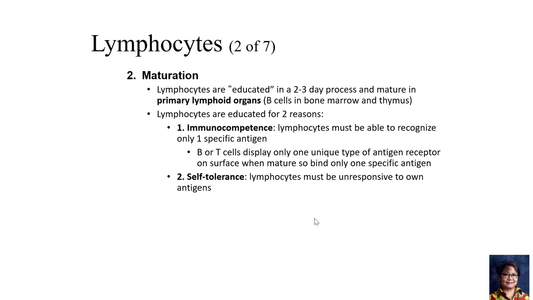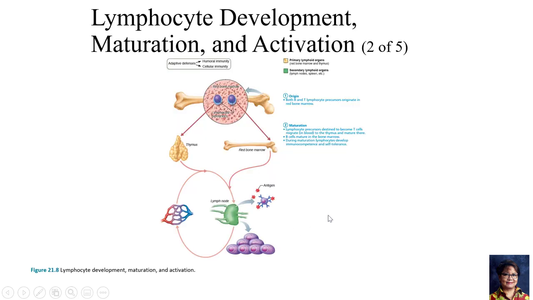Then your lymphocyte also has what you call self-tolerance. Lymphocytes must be unresponsive to own antigen. That's the first thing that they learn before they are released into the bloodstream. They must know what self is. If they will not be able to recognize self, they will undergo apoptosis. They will be killed right there, either in the thymus gland or in the bone marrow. They will not be released. Why? Because if they are not tolerant to self, they would most likely be killing self. That's not good. That's an autoimmune response, and you don't like that. Okay, so